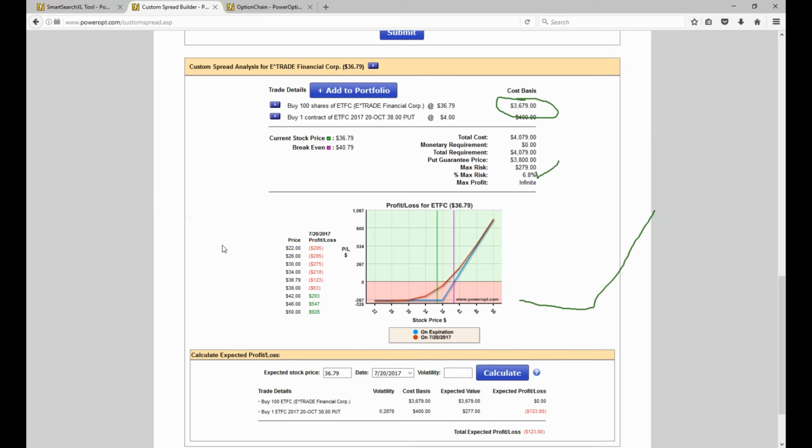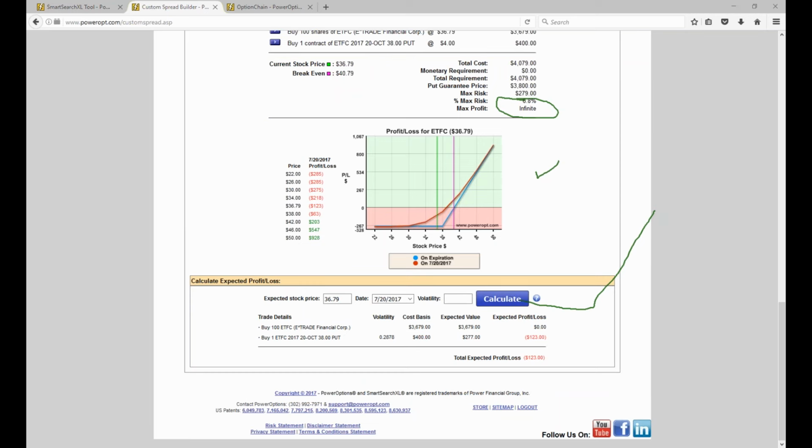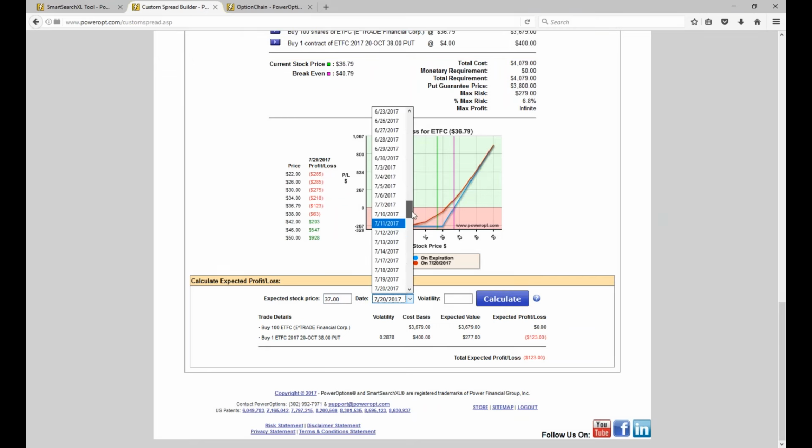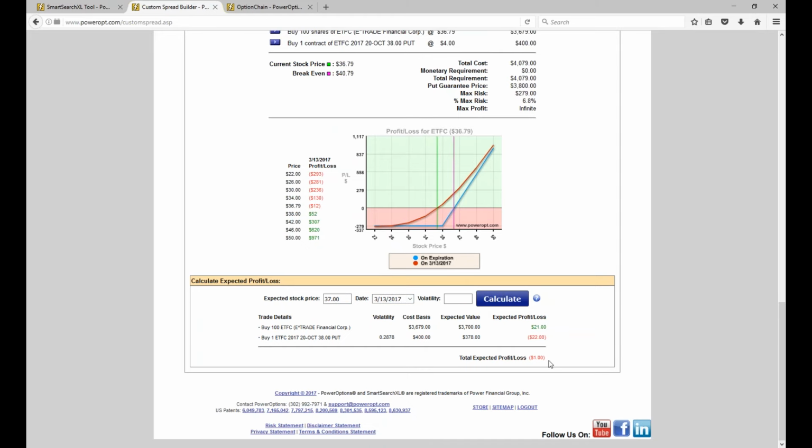Okay, but just as an illustration, let's say 15 days from now, the stock moves up. Let's say just to even 37. We just gained 21 cents in 15 days. Okay, so that would put us at the 13th, I guess, right? Yeah, we'll call it the 13th. How about that? Okay, so the stock moves up just a measly 21 cents in 15 days, and I'm still right about at break even. I didn't lose money. I'm not down $279. I'm not $279 behind the eight ball when I start the position. Okay, and I'm not $400 down either.